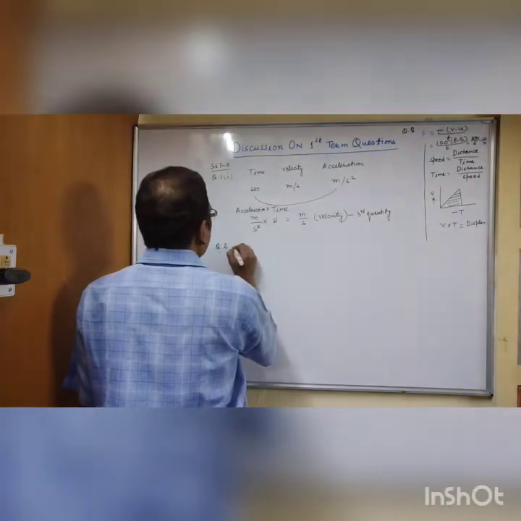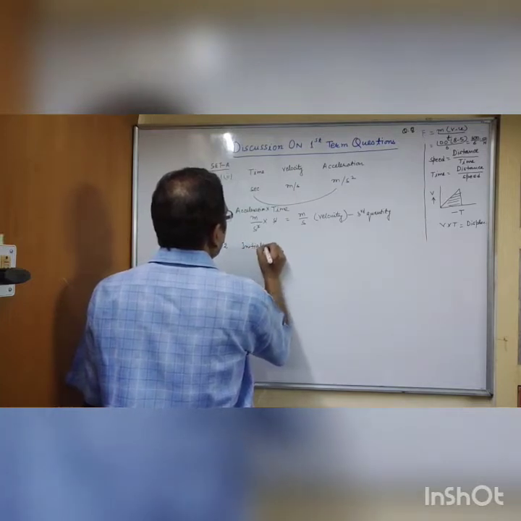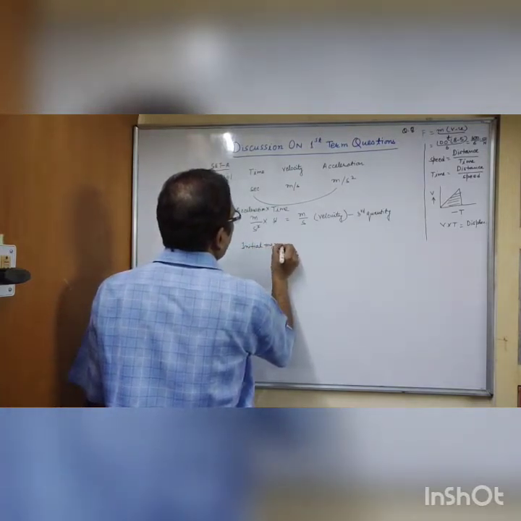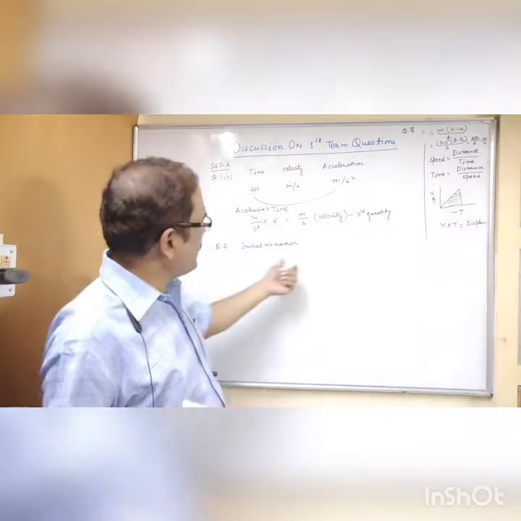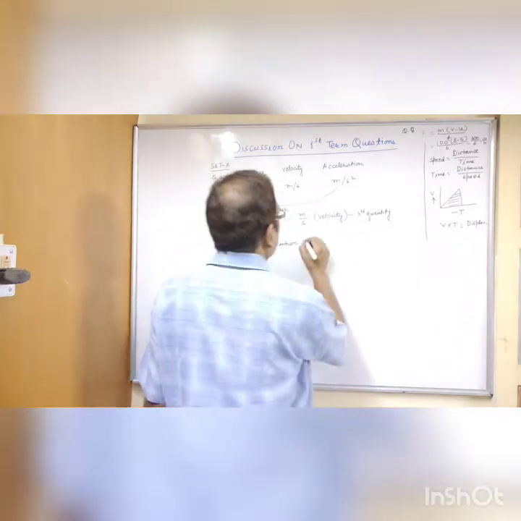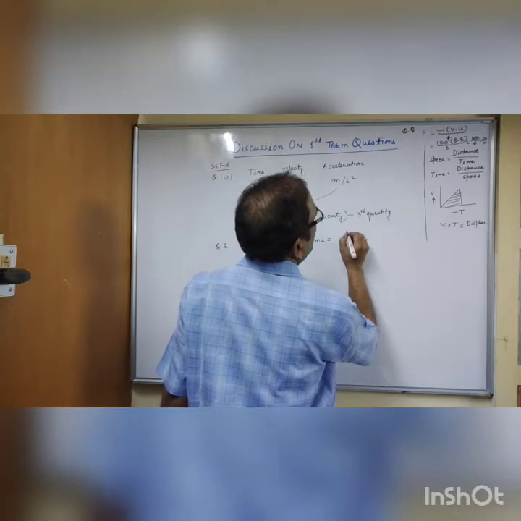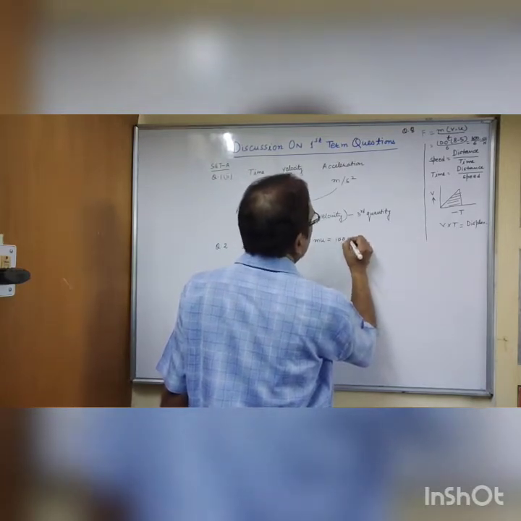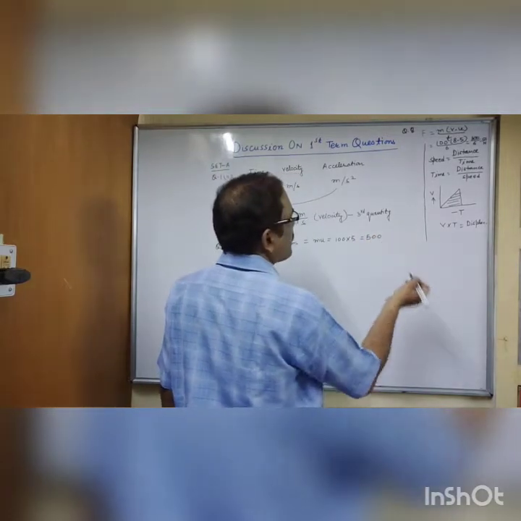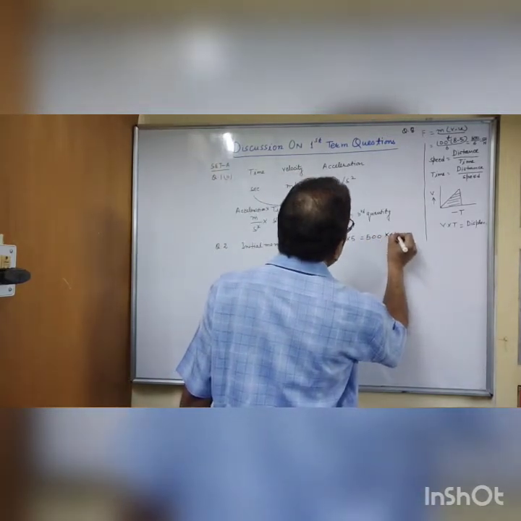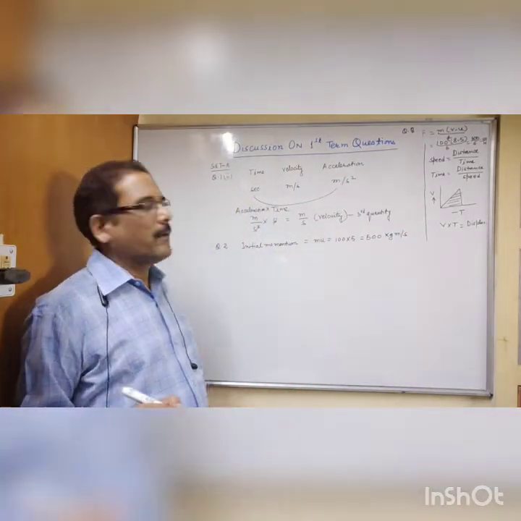I am calculating only the initial momentum. And children, you will get marks when you write the formula for initial momentum. That is mu. Then mass is how much? 100. u is how much? 5. So 500. Many students have not written the unit. You will not get full marks in such cases. In this way you have to write.